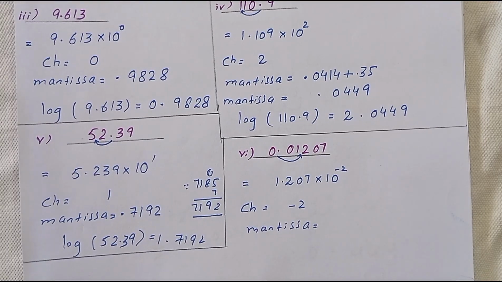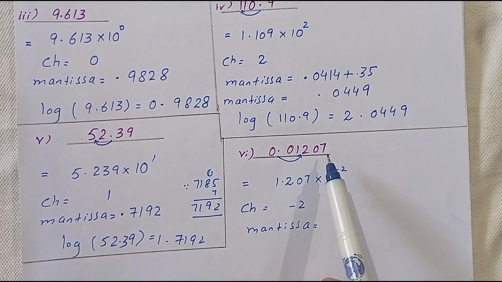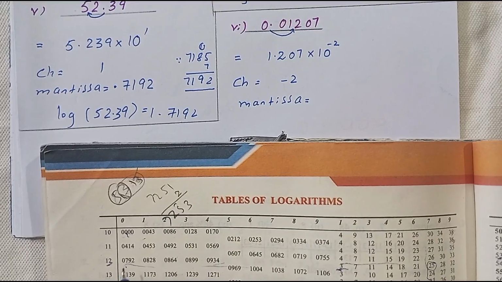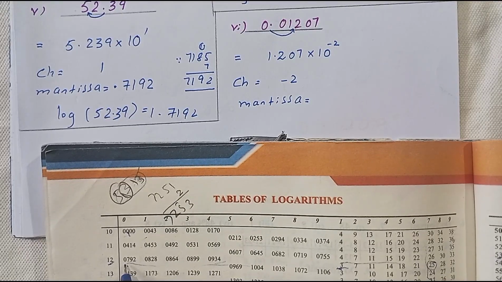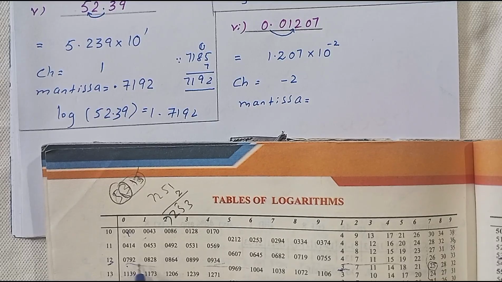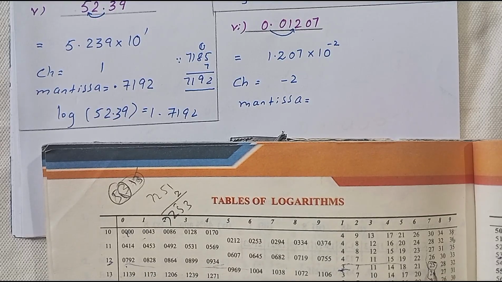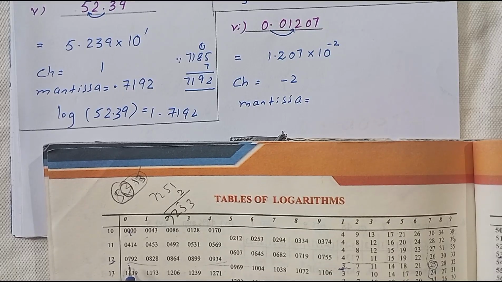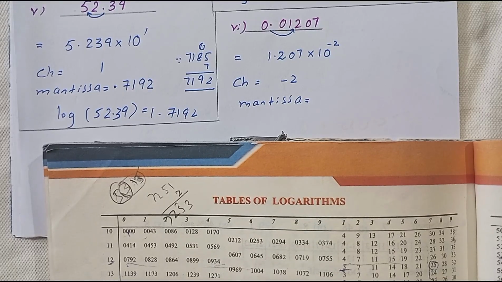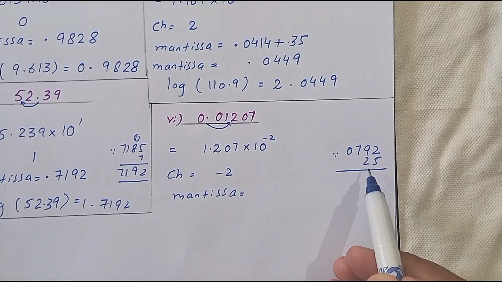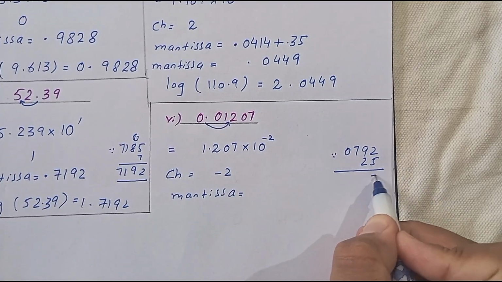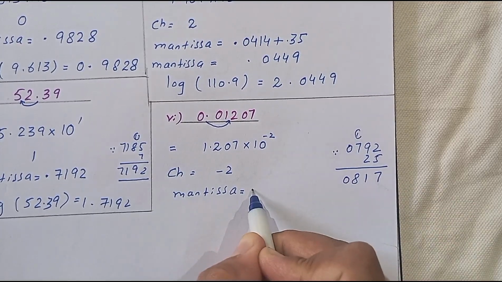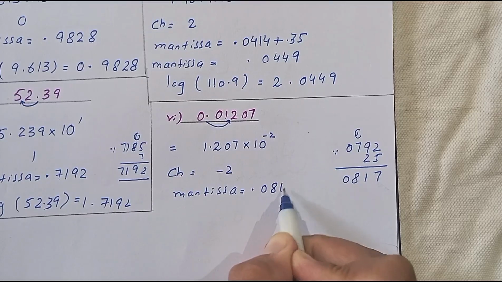For the mantissa we have to look in the table at 12 in 0 and add the value of the 7 column. Now look in the log table, the value of 12 in 0 is equal to 0792, and looking in the 7 column the value is 25. So we have to add 25 to 0792, which is the mantissa. By adding the two numbers that we find in the log table, the answer is 0817. So the mantissa is 0.0817,